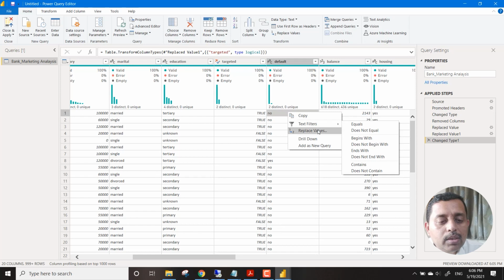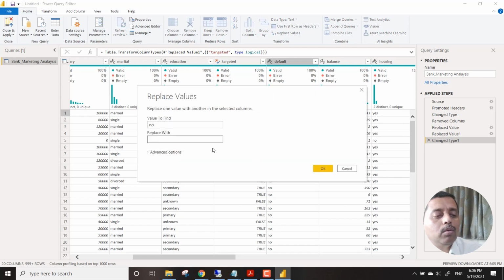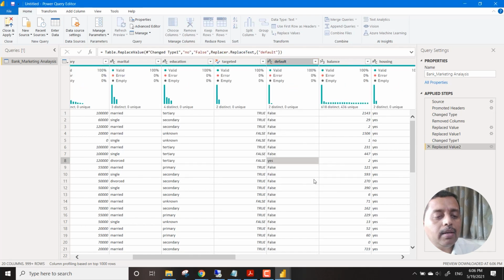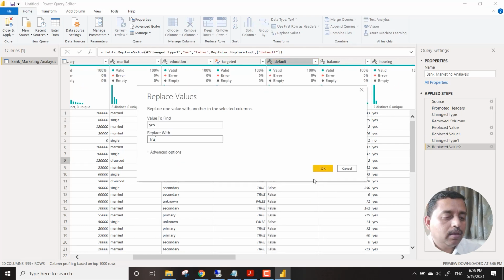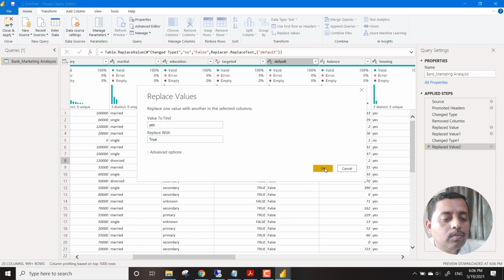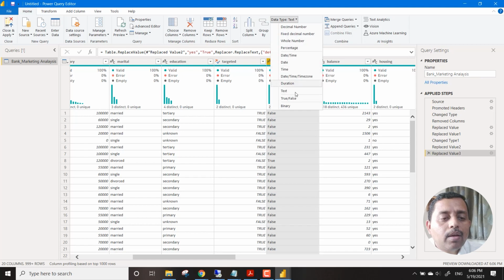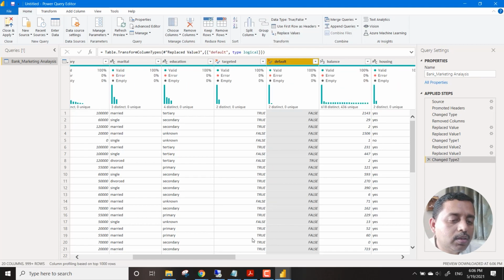Same thing: you can say replace value, no means false, and yes means true. Same over here, we convert this into true/false.